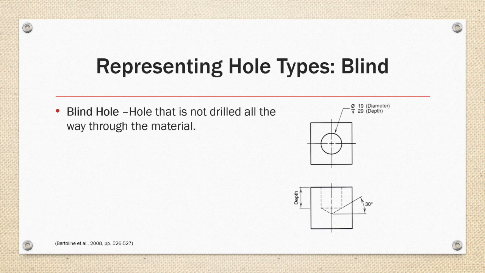In views normal to the hole, it will be shown as a circle and typically will have the diameter and depth called out in this view. In profile view, the depth of the full diameter will be represented as hidden lines, and if a drill point is allowed at the bottom, it will be projected past as shown in the views on the right.